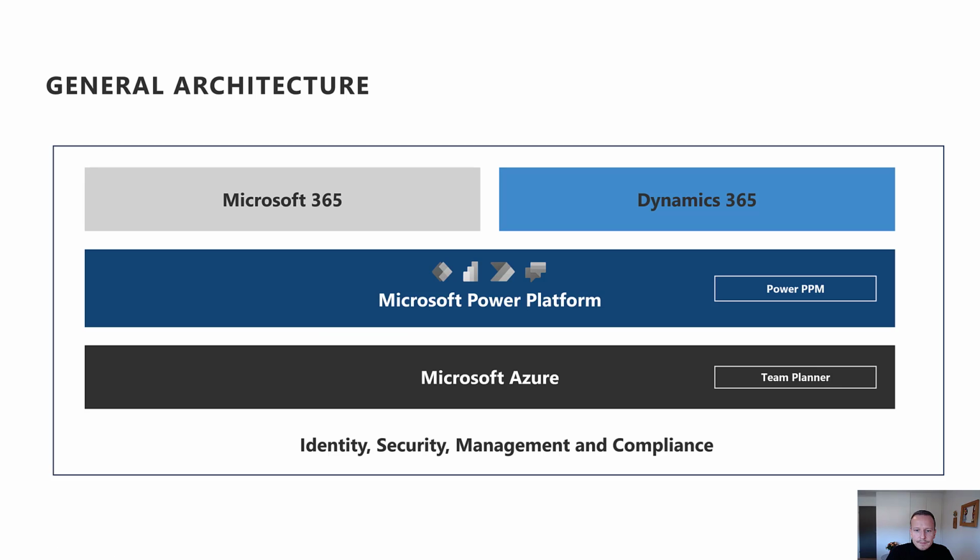So if you look at it from a more general perspective, we have Power PPM that I'm going to show today as part of the Power Platform. It's a solution for Power Platform. We have Team Planner, which relies on Microsoft Azure and a Cosmos database. Both can be used within Microsoft Teams and obviously can connect through to Dynamics 365, where Power PPM can do a whole lot for field service and, for instance, project operations. And Microsoft 365, would that be Teams, SharePoint, Groups, essentially Planner, or whatever we do, we can, of course, again,